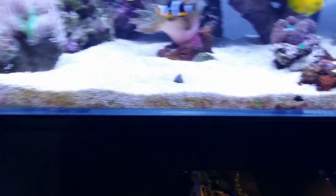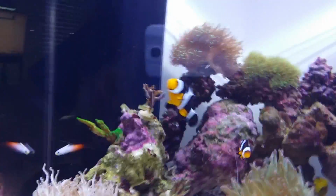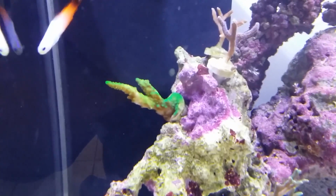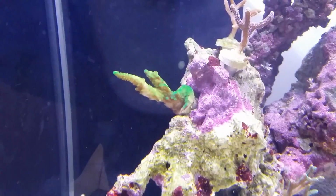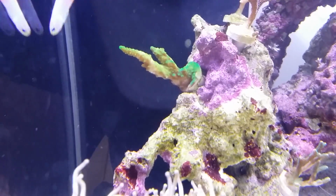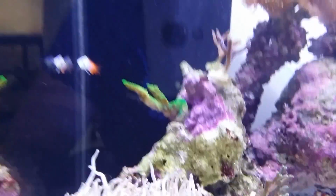Now I'll get on to showing you the new coral that I have purchased. 4 pieces of coral, 3 bird's nest and 1 Dallas coral. If you can see, that coral is a Dallas coral. It is an SPS, like I said, so that means short polyp stony. They are physically hard. If you touch it, it is hard, very brittle. They break very easily,